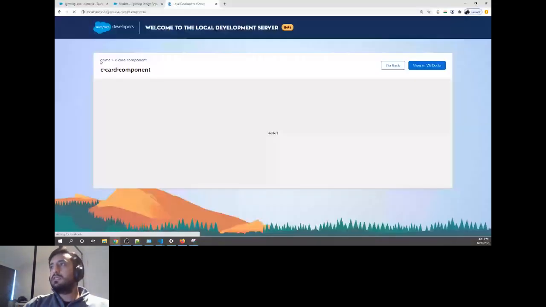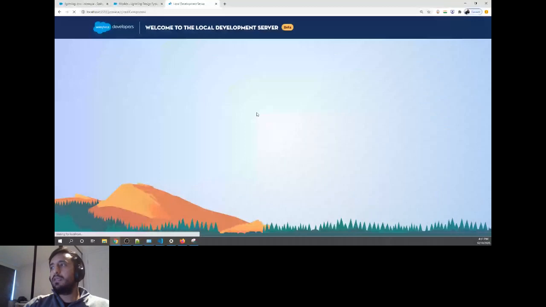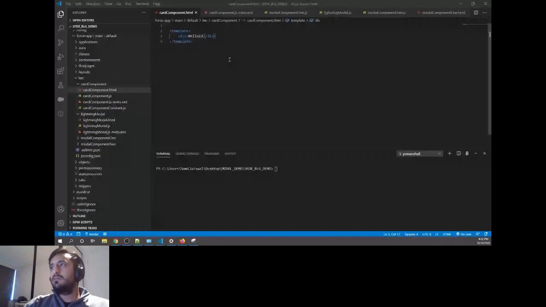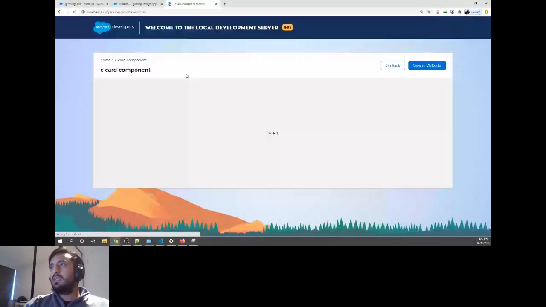So you can refresh this. It will be a completely empty component right now. Nothing will be there because we don't have anything there except hello one. So this is the hello one. If I change something here, hello 1.2, there immediately it gets changed to 1.2. It takes a fraction of a second and it updates there. So you don't need to deploy it again and again.